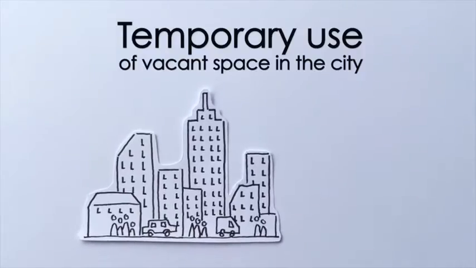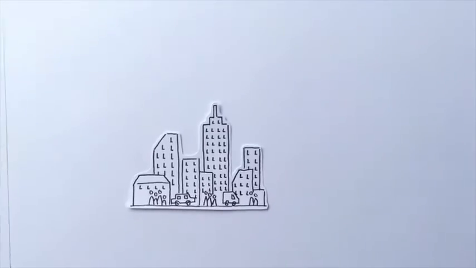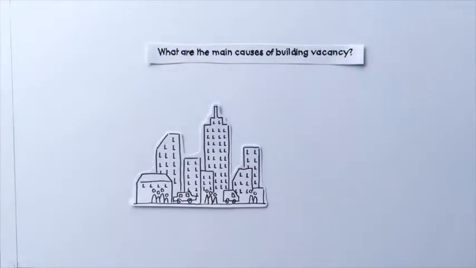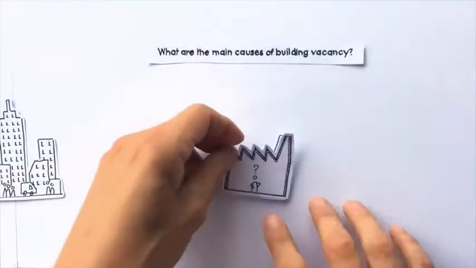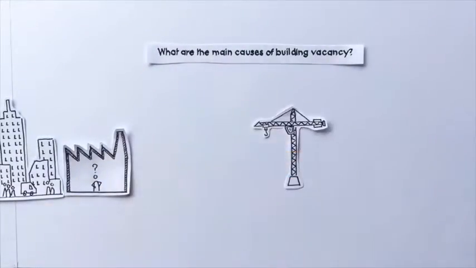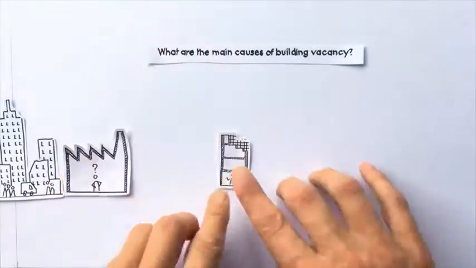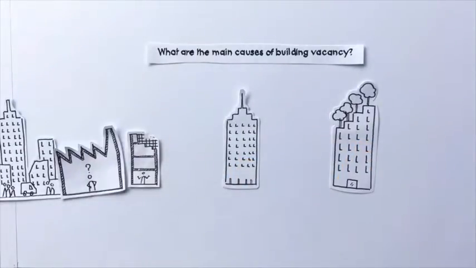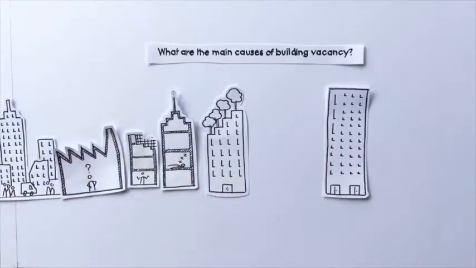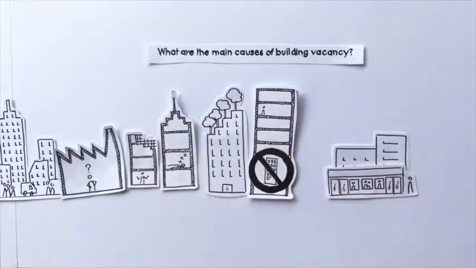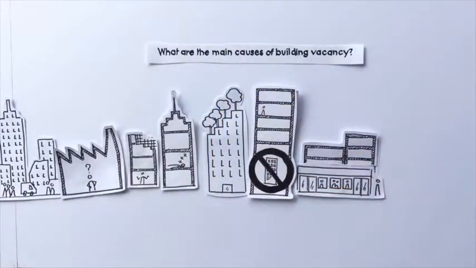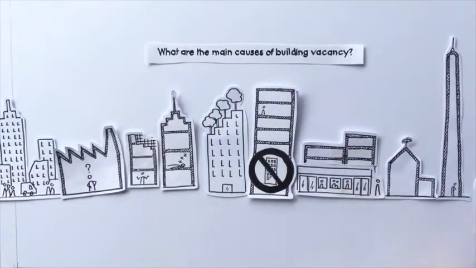The city is full of buildings, cars, people, but there's also a good share of vacant places. What are the main causes of building vacancy? Well, there are brownfields left by structural deindustrialization, redevelopment stopped by economic crisis, obsolete office buildings and working spaces, buildings kept voluntarily empty by speculation, structural vacancy increased by interest of the real estate industry, and places abandoned by constant emergence of new needs. As a consequence, the share of vacant spaces in cities is increasing in Europe and elsewhere.